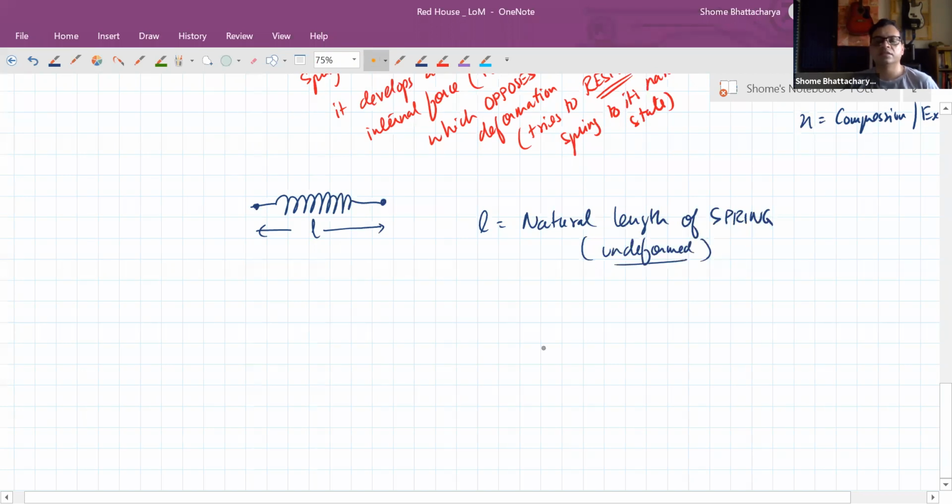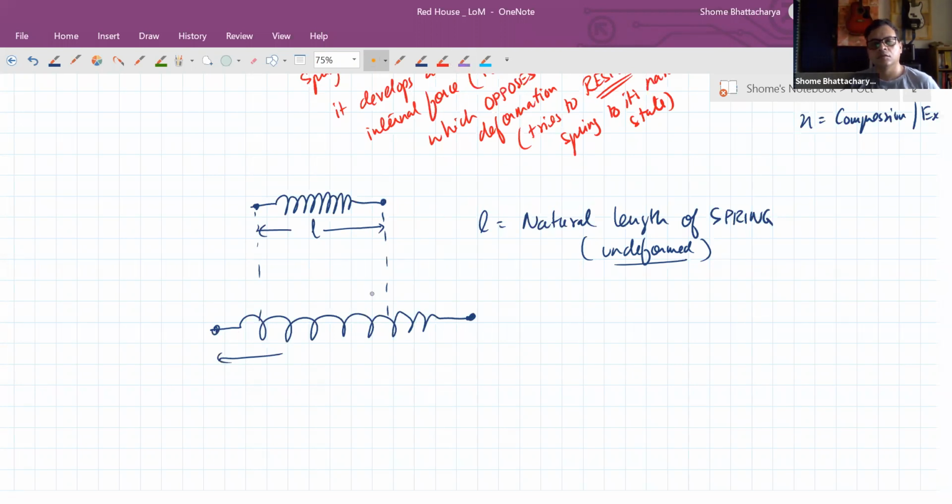It's not deformed in any way. Now from this state, if we want to extend the spring into a state such that its length has now become L plus x,